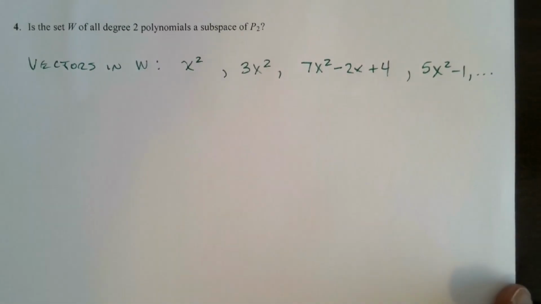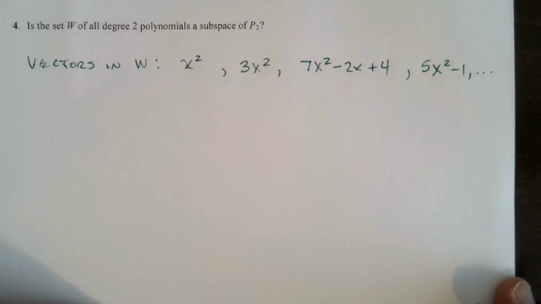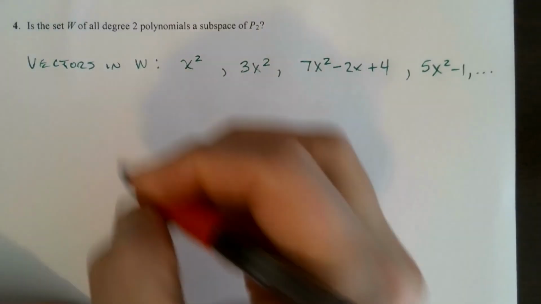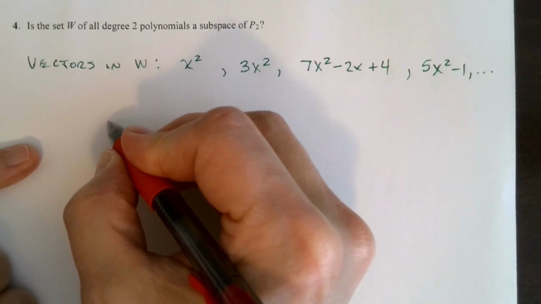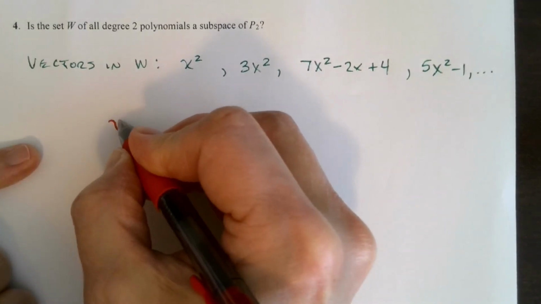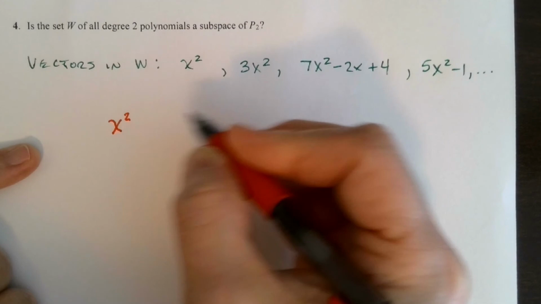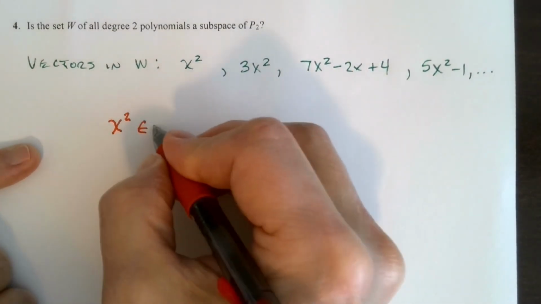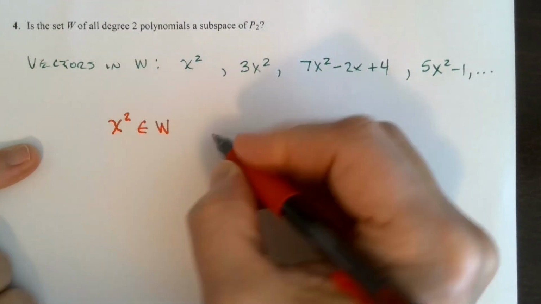Okay. Well, I think already some of you are saying, something seems fishy here, and you would be correct. But this set is not going to be a subspace. But we're going to show it again by a specific counterexample. And here's what I'm going to do. I mean, there's lots of ways this can be done, but let me just think of x squared, simplest one here. That's a polynomial in the set W, but